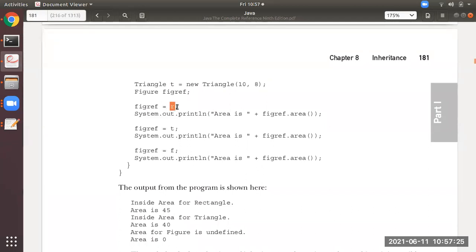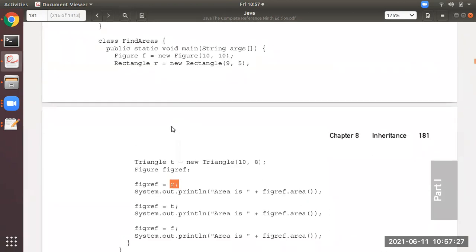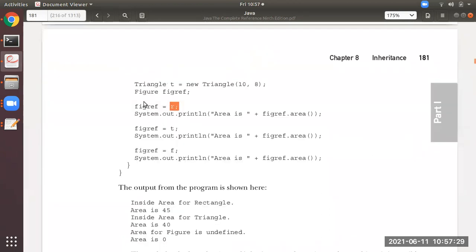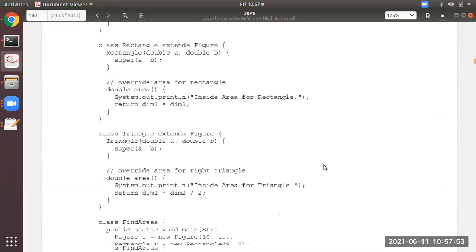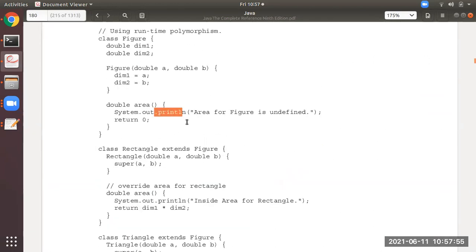When this reference is assigned the object of rectangle, it will implement the area method of class rectangle. Similarly, when it is assigned t, as t is an object of triangle, it will implement the method of triangle. Now, when the reference f is assigned the object of figure, it will implement the method of class figure.